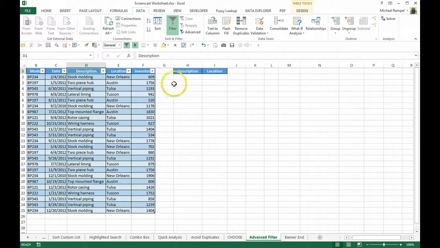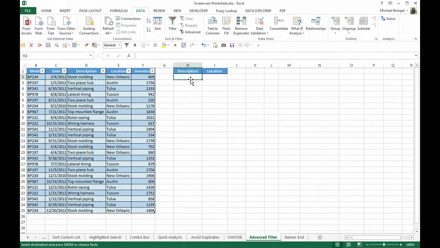Now when you use advanced filter, you want to create an area where you're going to put in the items by which you want to filter. So you want to make sure your headings are exact as the headings in your data range. So I just copied description and location over to here so I have an exact match there. So what I'm going to want to do is copy two-piece hub. I can do this with maybe data validation or other ways, but I'm just going to copy two-piece hub there,